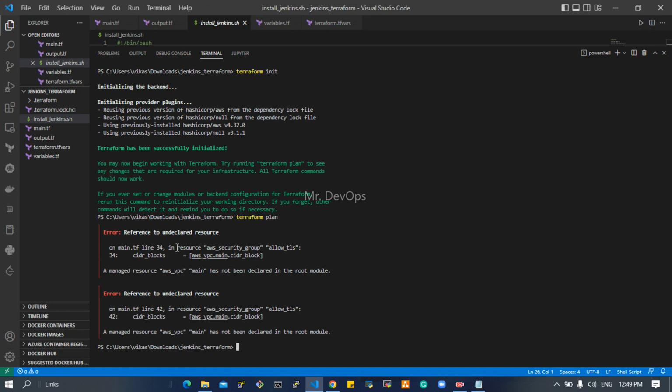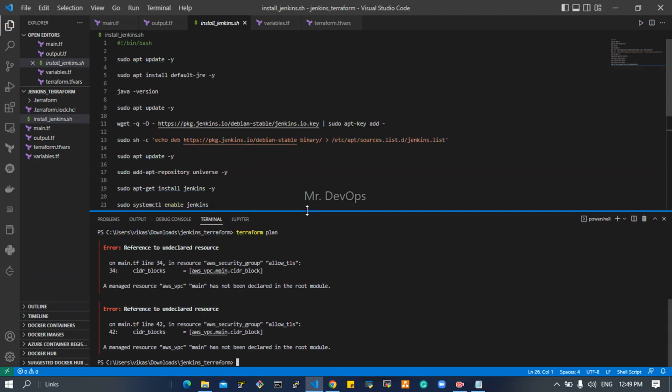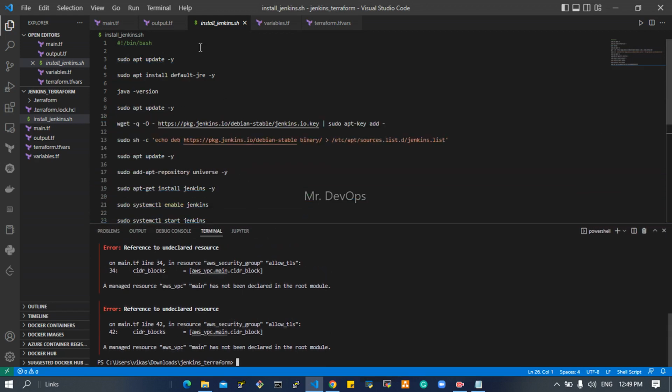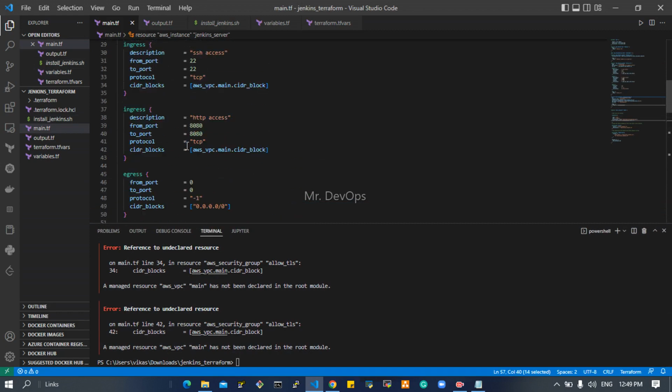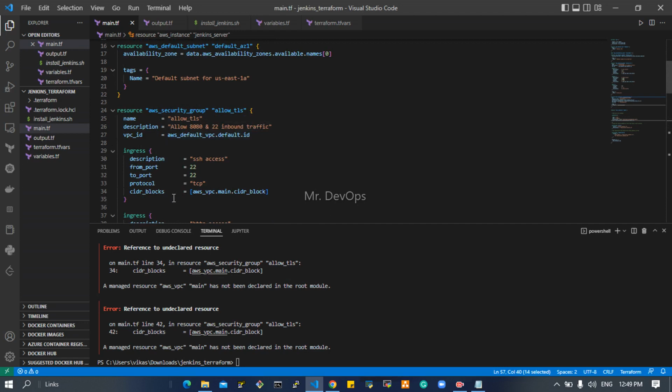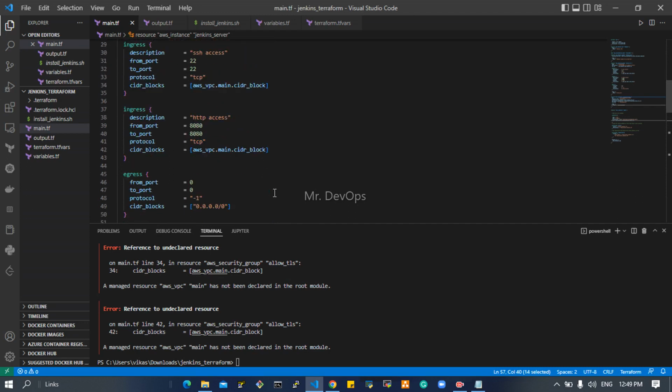You can check here simply in the CIDR block section. It is referencing some wrong CIDR, at line number 30, line number 34 and 42, ingress CIDR block. So instead of that, what we can do is simply pass our VPC ID here if you want to launch it at the VPC level. Or what you can do, you can directly provide access